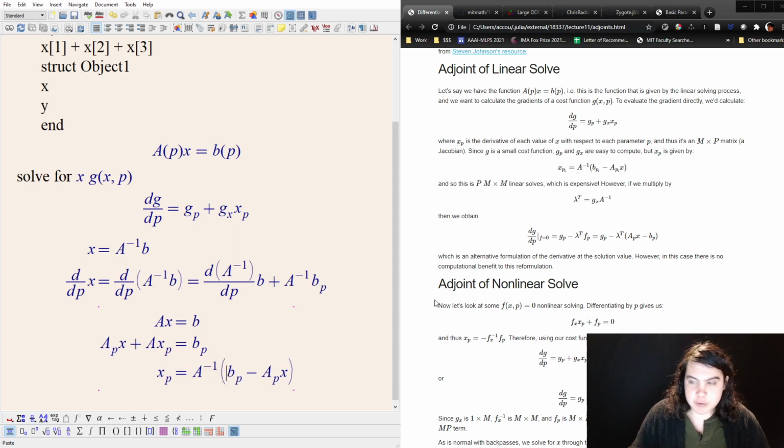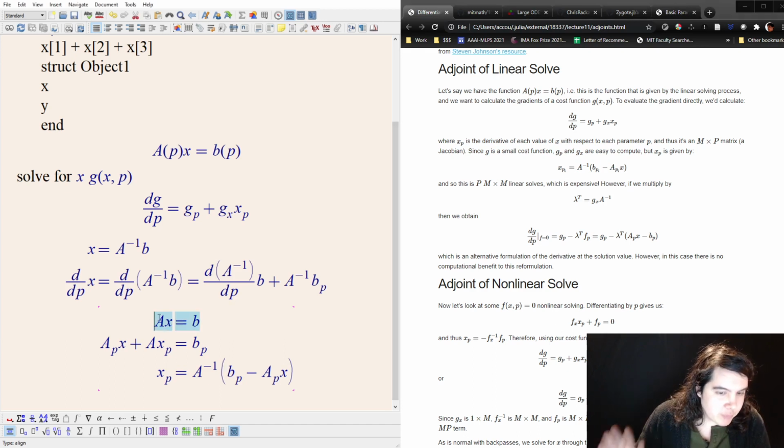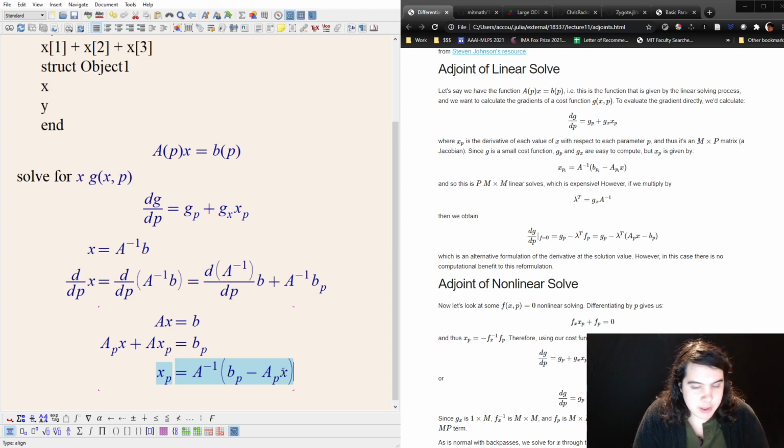And so therefore you get this expression right here, right? So that's how you get the derivative of x with respect to p. It's easiest just to take the derivative before doing modifications and then modifying it over. All right. So now the difficult part is that this requires doing p m by m linear solves, or it requires